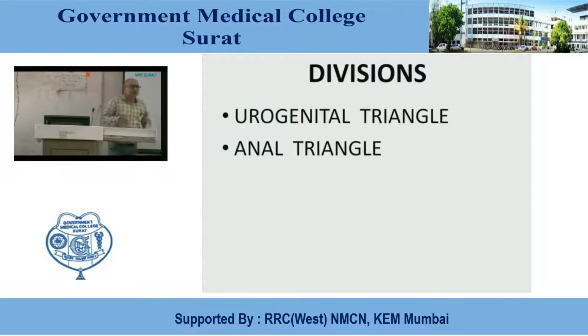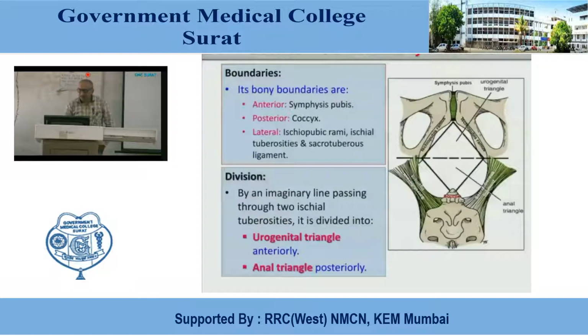Now, for descriptive purposes, the perineum is divided into two parts, two triangles. One line extends, connecting. Now see this figure. Once again you can see the internal boundary of the perineum: the pubic symphysis with the inferior arcuate pubic ligament, then the ischiopubic rami, ischial tuberosity, then the sacrotuberous ligament, and here is the coccygeal tip.